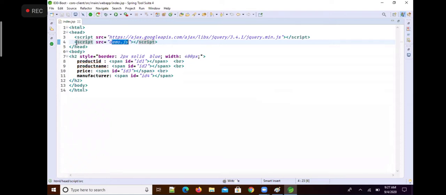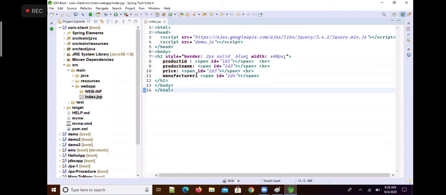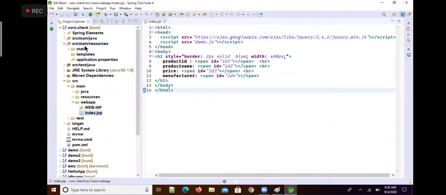So let me tell you what's going to happen now. Listen to me clearly. SRC main resources contains what? Static folder. Are you clear?